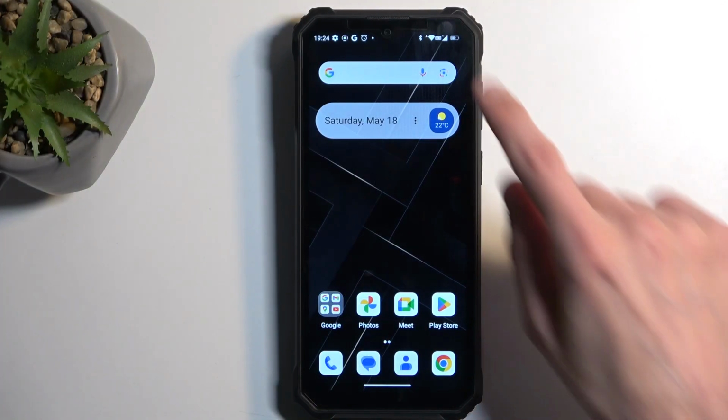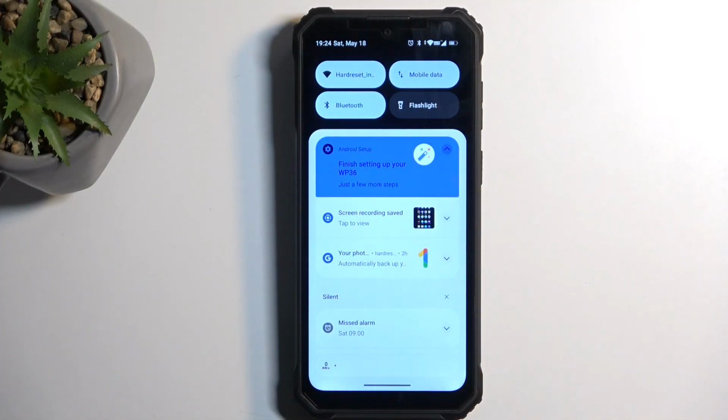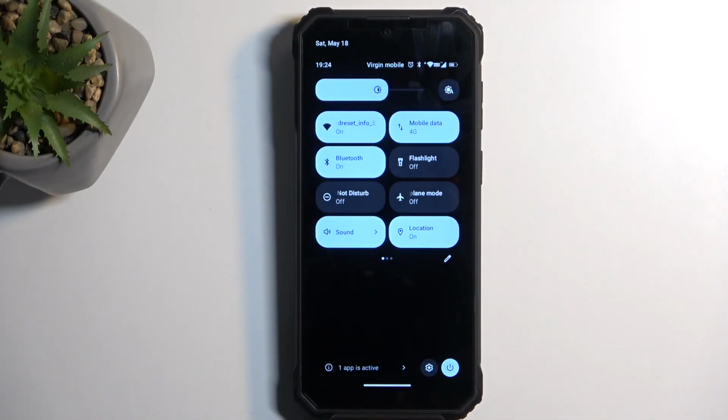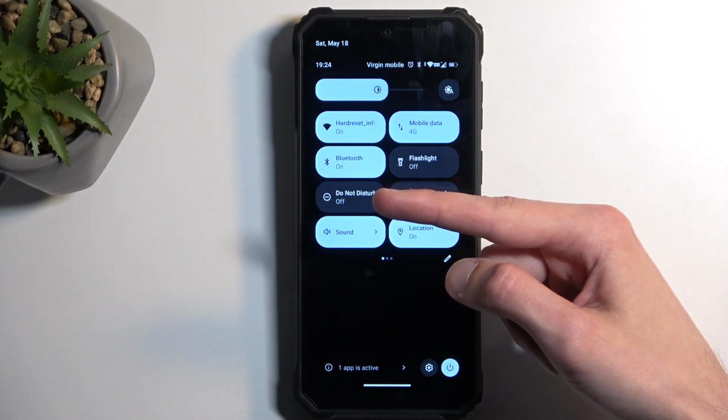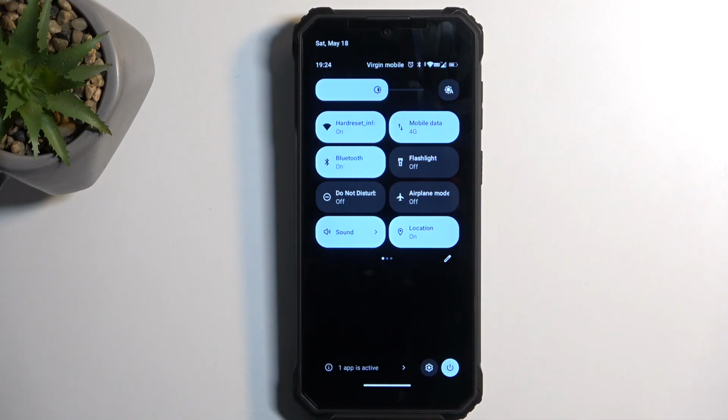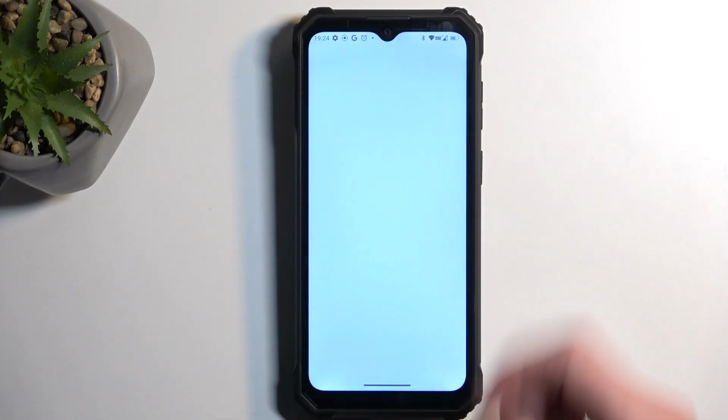So to get started, pull down your notifications by swiping down from the top of your screen and then swipe down once again to extend the list of visible toggles. Next, locate the Do Not Disturb mode, which for me is visible on the first page right over here. Once you see the toggle, you can hold it the first time around and this will quickly take you to